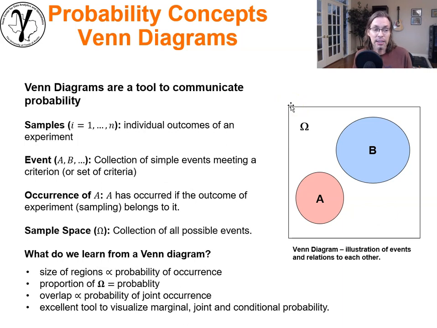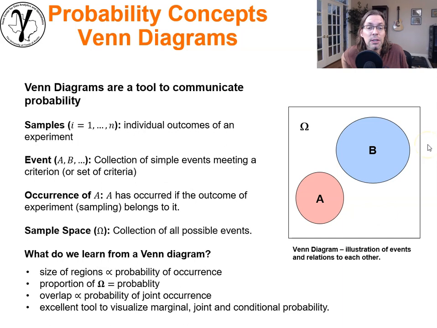What are some of the things that we can observe directly from a Venn diagram? First of all, we're going to have samples that drive this, and there'll be an experiment and samples from the experiment, individual outcomes. Then from those outcomes, we will define different events, A and B. Those are two events. Now, if we have a certain outcome, then we'll define that from that sample as being event A occurring or event B, and they could jointly occur together or not. Then we're going to have omega space. Now, this is the box.